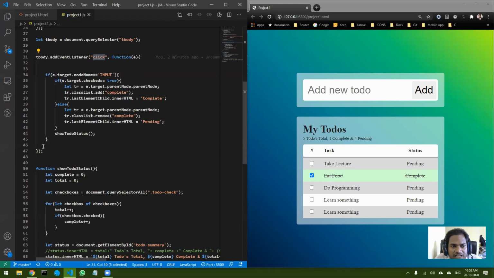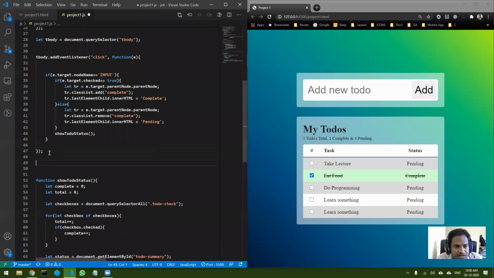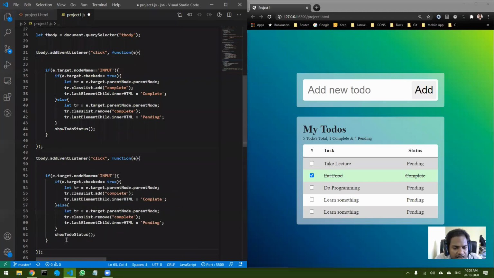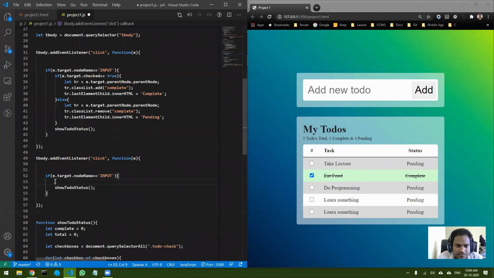Next I'm going to take the same code and paste it down. Okay, and I think I can remove this part. So I'm going to use this much, and instead of addEventListener click, I'm going to use a new event.